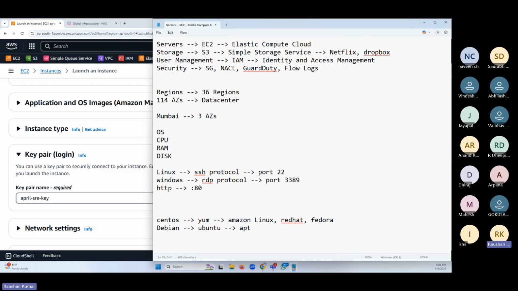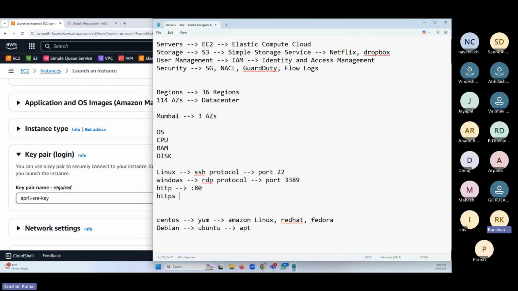If it is HTTPS, port 443. We have to open these ports, friends. If we have a website using HTTP, we use port 80, HTTPS 443. There are some defined ports. It's not you and me defining. It has been defined universally. Everybody has to follow this.